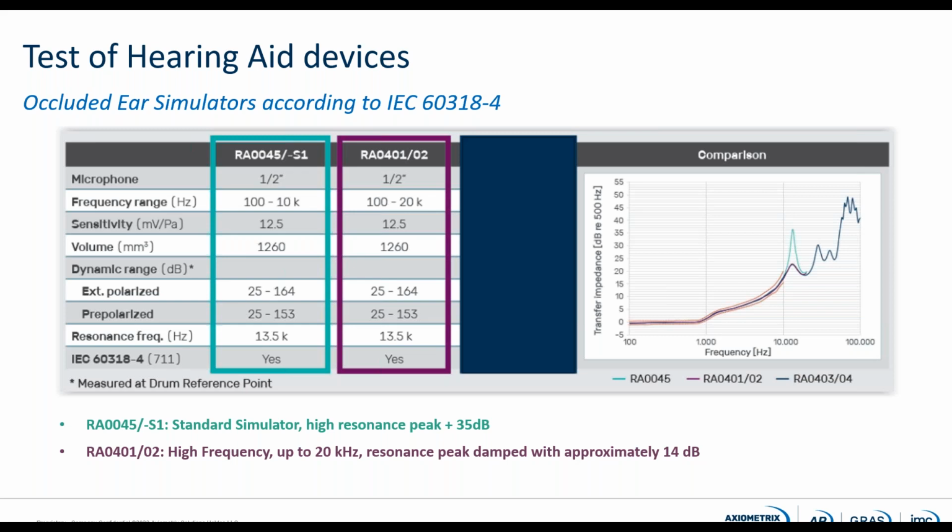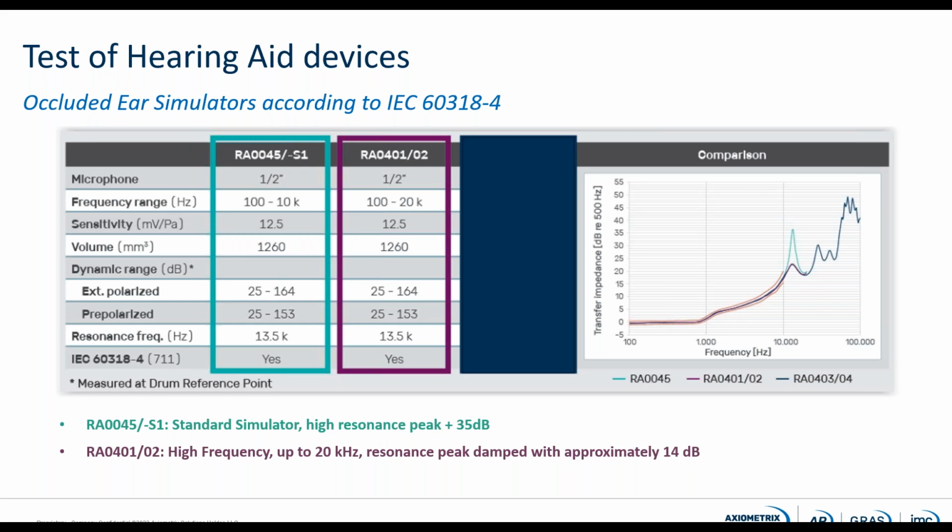If we would like to measure a higher frequency up to 20 kilohertz, then we do also have an ear simulator, again with the same half-inch microphone. The only difference is that we have damped the resonance frequency. So if you look at this 13.5 kilohertz, the peak is not that high. It's approximately 14 dB lower, and by damping the resonance, you will actually get a nice response, actually up to 20